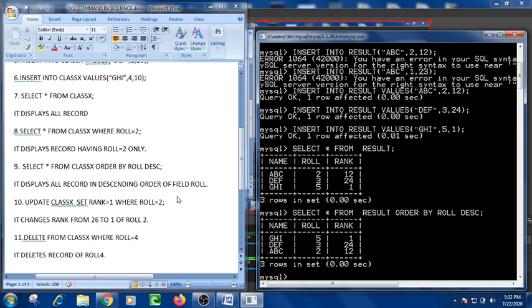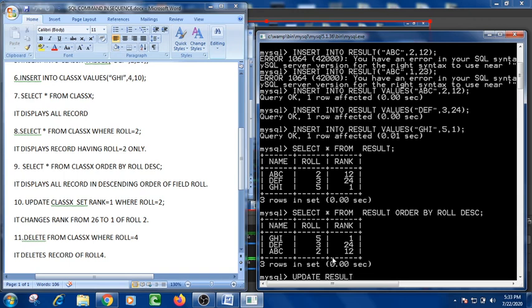Now I have to make some changes in it. Suppose the rank of roll number 5 needs to be changed from 1 to 3. Then what will I do? Update will be used, update, then result.